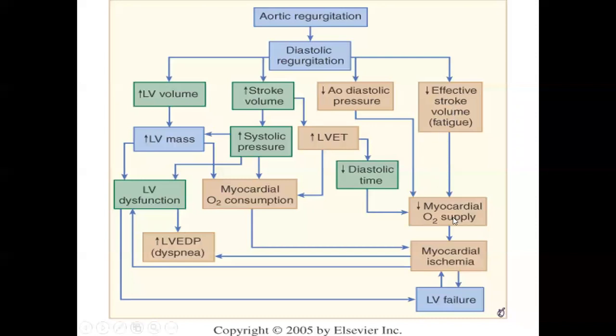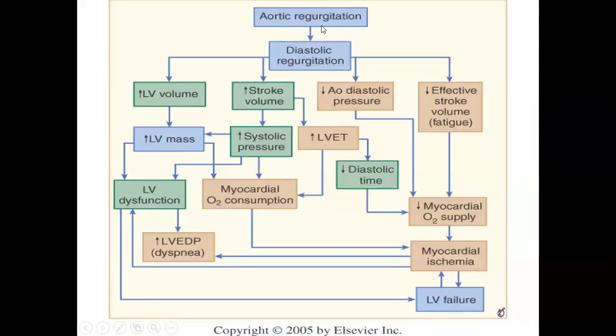This will lead again to decreased myocardial supply, and the increased volume of the LV will increase the LV mass, and this will all result in LV dysfunction and increased myocardial consumption. Again, this will develop an increase in left ventricular diastolic pressures. Both of these combined with the decreased oxygen supply lead to myocardial ischemia, and all these mechanisms finally sum up, and the patient will develop the full signs of LV failure. So the end result of aortic stenosis is LV failure, and of aortic regurgitation is LV failure.